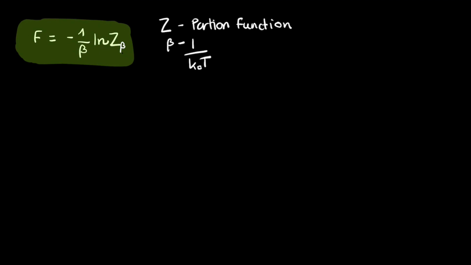So that is one of these so-called magic box relations, but I'm actually going to try and find another magic box relation. So I'm going to start with this right here: F equals minus 1 over beta log of Z. And I'm going to multiply both sides by beta. So I'm going to get beta F is equal to minus ln Z, and I'm going to bring this minus sign over to the other side, multiply both sides by minus 1, fairly standard. And what I'm going to do is differentiate both sides of this equation with respect